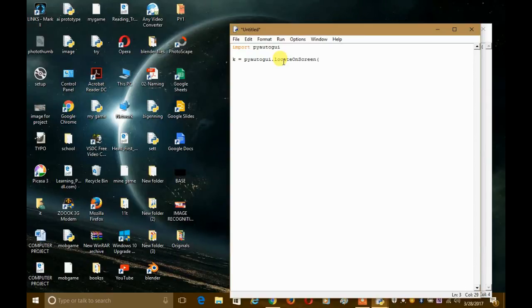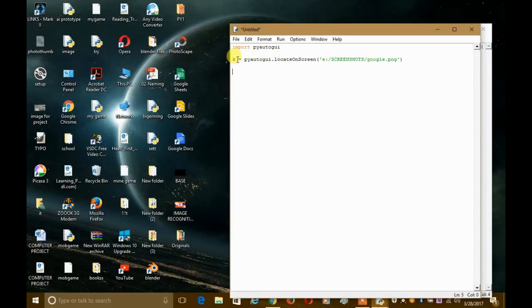Now here we have to specify the path of our image file. So in my case it is E:\screenshots\google.png. So this is the image file path.